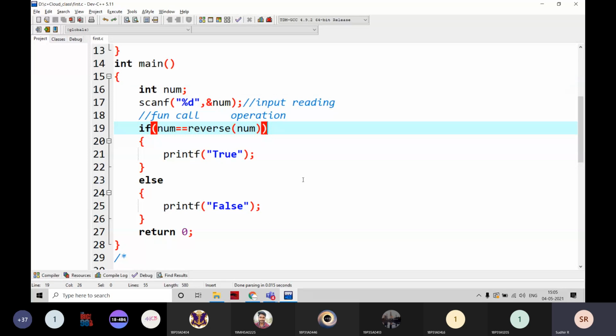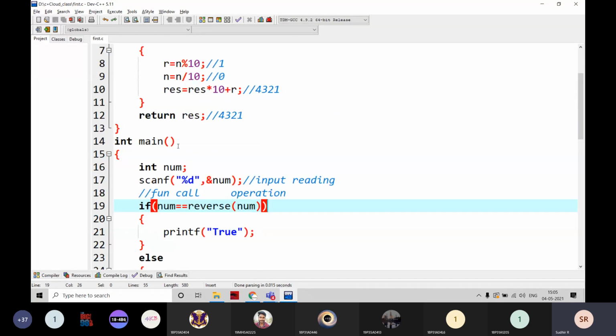And this is going to be palindrome. But one student is writing like this.